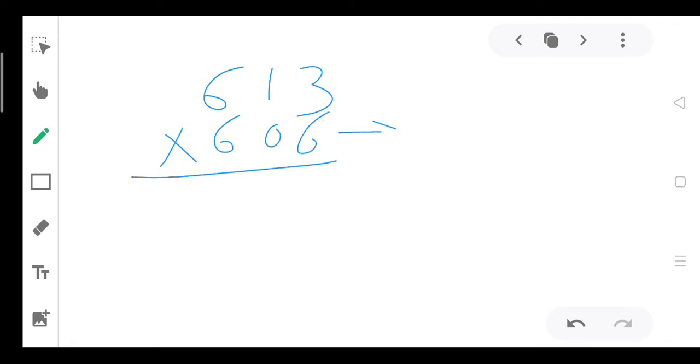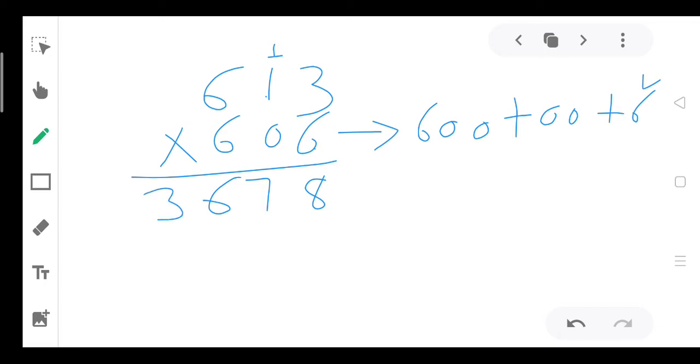There is not sufficient space, so I will do this explanation again for you, so that you can understand this properly. 606. Write the expanded form. Hundreds are 6, tens are 0, ones are 6. Firstly, we will start the multiplication of the ones place digit. So 6 3s are 18, 1 is carry, 6 1s are 6 and 1 is 7, 6 6s are 36. This multiplication is over. 613 we have multiplied by 6.